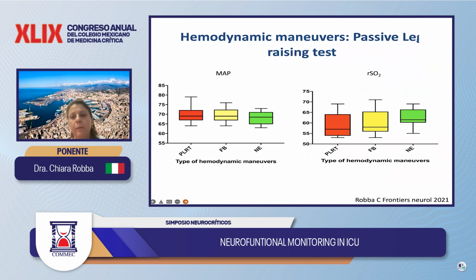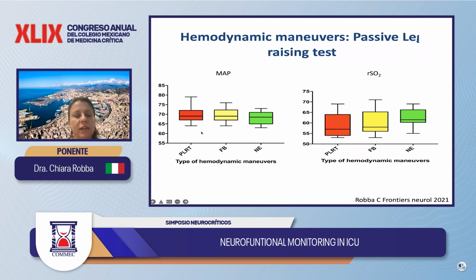Another very simple example is in this physiological study. We all know that the passive leg raising test is a good test to assess fluid responsiveness. We don't know what the effect is on the brain. Here we used different types of hemodynamic maneuvers, the passive leg raising test, and then we did a fluid bolus or norepinephrine